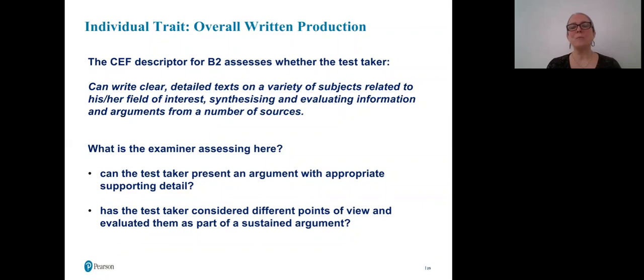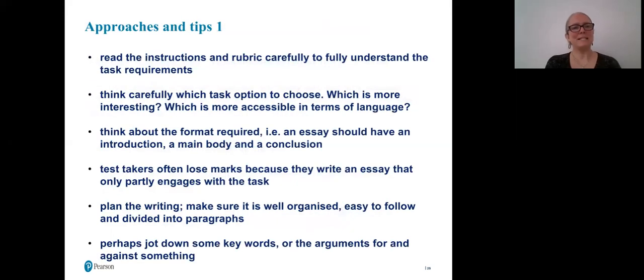So not just saying what they think, but saying why they think it and selecting relevant points and information to support that. We're also looking to see whether the test taker is able to consider other points of view and perhaps evaluate, critique them, refute them as part of a sustained argument, lend weight to their own. So my tips for this task would again be to read the instructions and the rubric carefully to fully understand